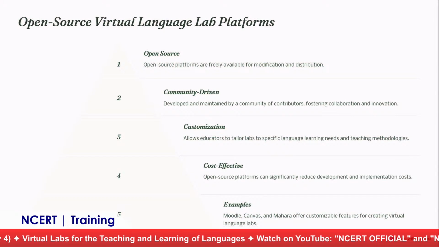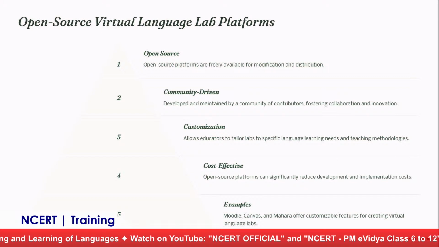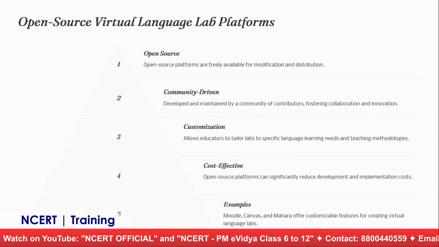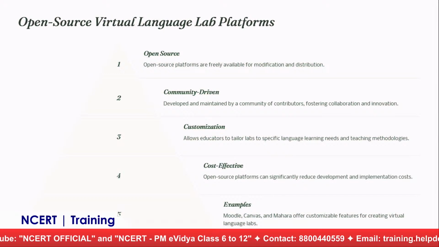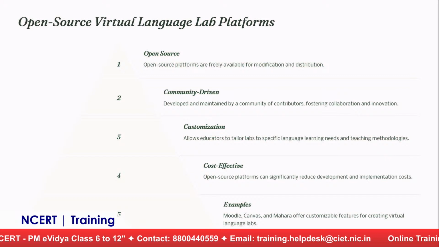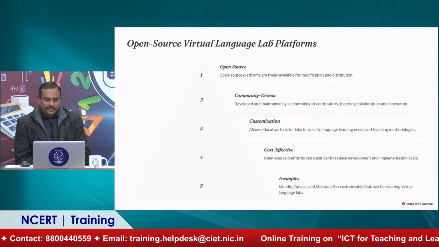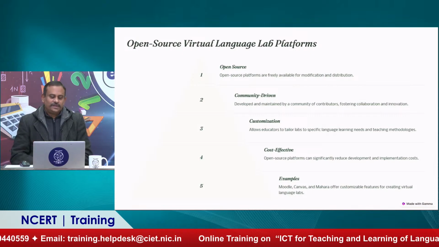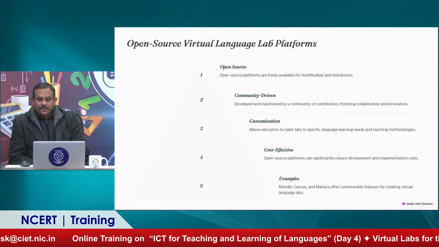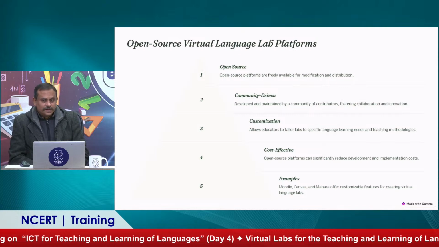So open source is very important in a country like India, because most of the softwares these days are very highly priced, and only institutions can buy them, individuals cannot. So many organizations work with open source, where there's a basic program provided, like Moodle, and then you build your own infrastructure on it. If your institution has the money, they can buy more sophisticated, ready-made things. So what are the advantages of open source? They are freely available for modification and distribution. So there is Moodle, which is big in terms of building this.